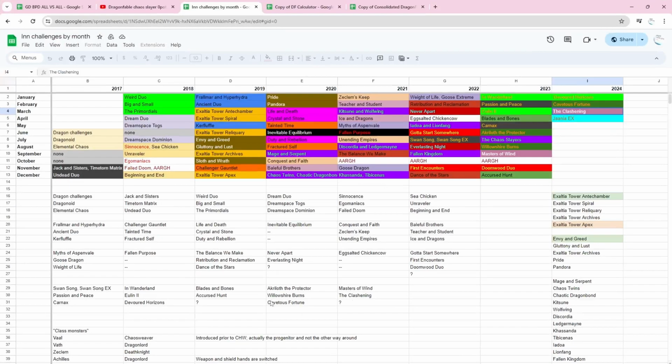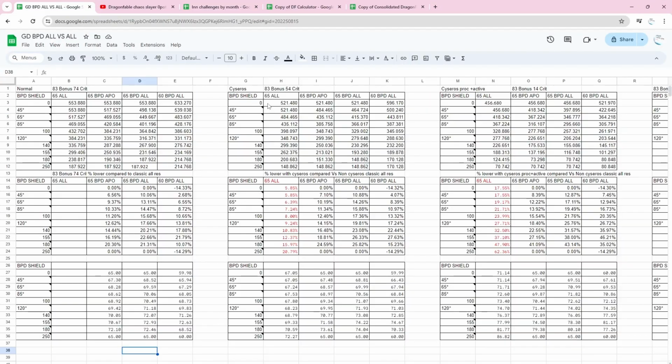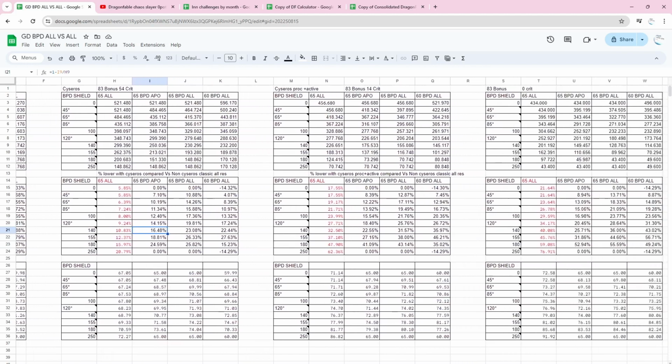So, this is with the Cicero's proc. This is compared to the all resistance. So, with the 140 shield, you see we're reducing 14% chance compared to all res. But if you reduce our crit a little bit, you're reducing 16% compared to the all res. Or if you reduce it even more with the active and the bonus, you're reducing 22% instead of